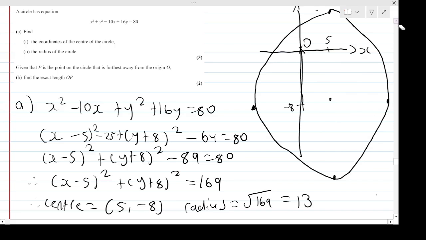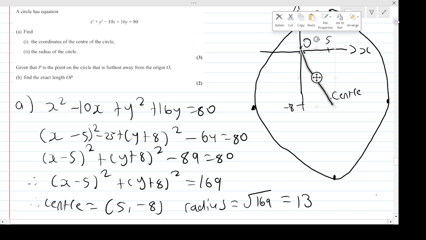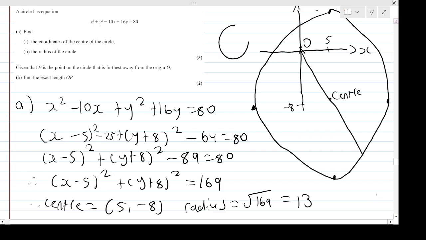If you think about it a little bit, this is the centre, which is 5, minus 8. If you want the furthest distance, it has to cross through the centre, because the furthest distance in the circle corresponds to the diameter. A diameter of a circle passes through the centre. And that's because of the idea that for any chord on the circle,